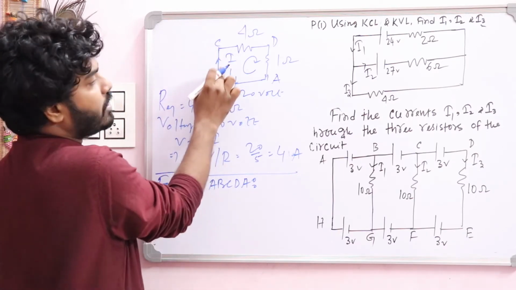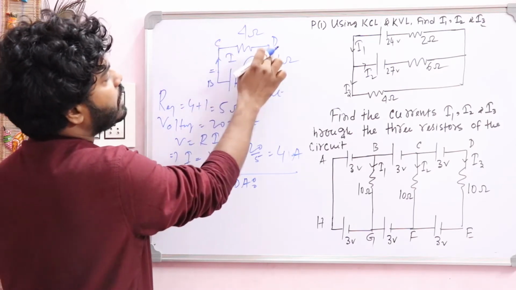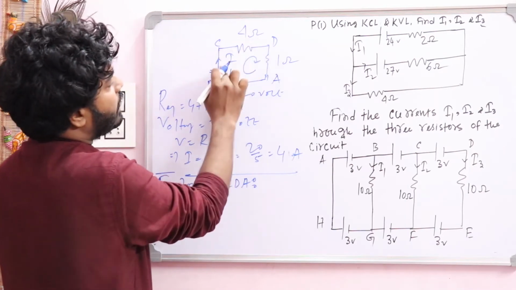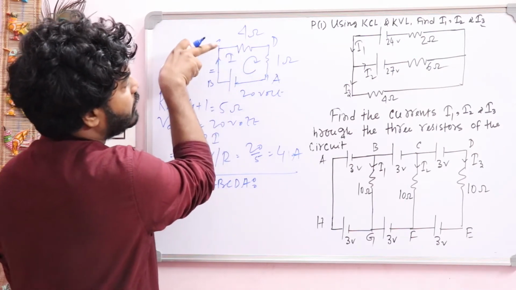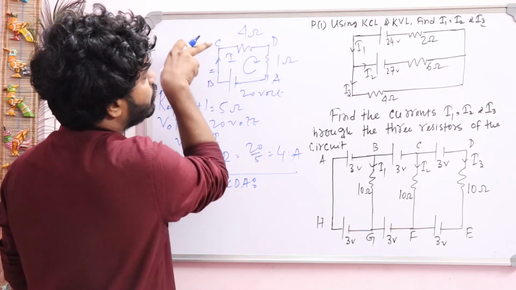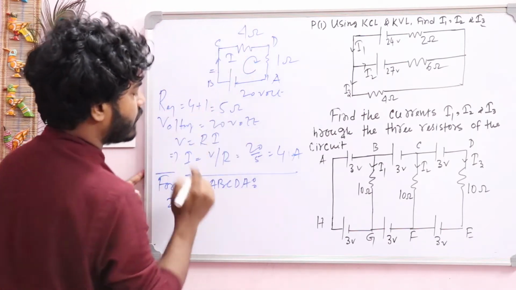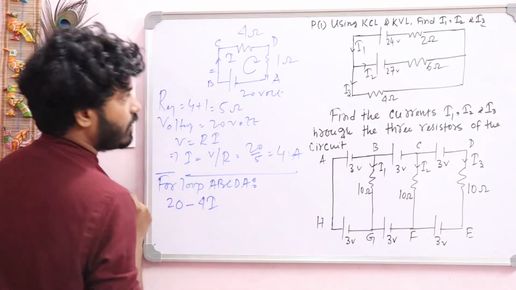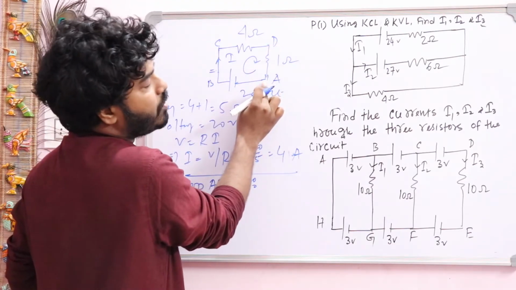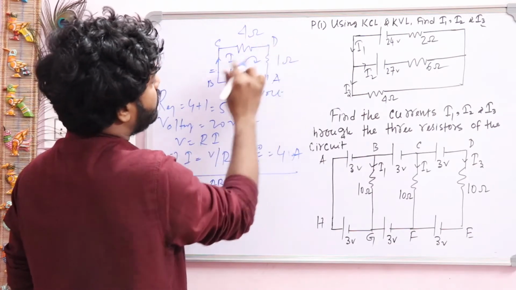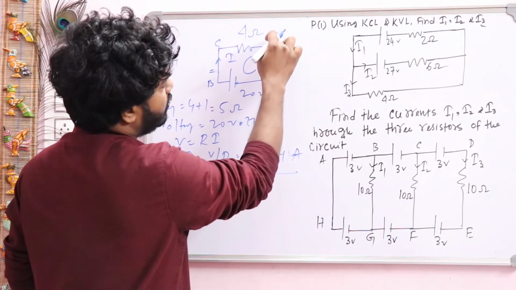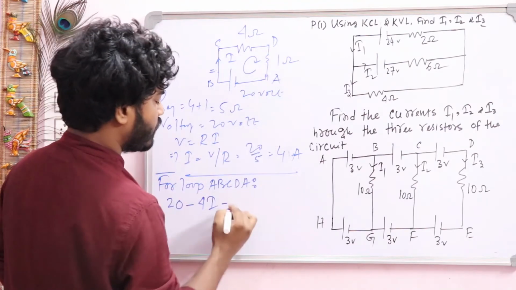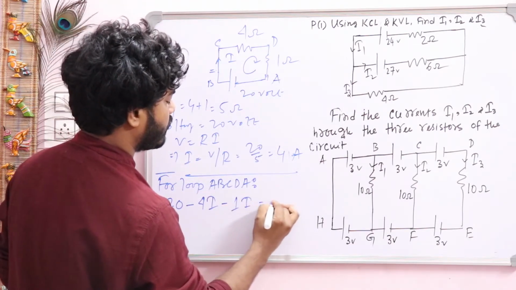Then B to C, there is no equipment. So C to D, you just see there is a resistance R, 4 ohm, and current I flowing in this direction. Your direction, that is C to D, and current I is also flowing from C to D. So the direction is the same, that means this value will be negative 4 into current I. Now D to A, current is flowing from D to A and your direction is also D to A. So this value will also be resistance 1 and current I, that is equal to 0.